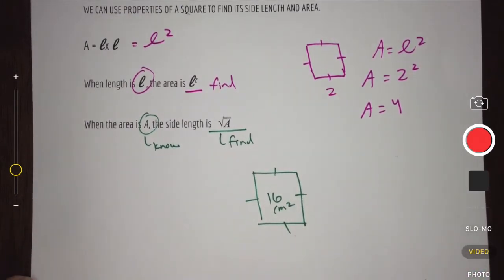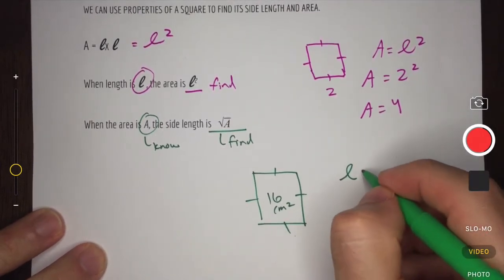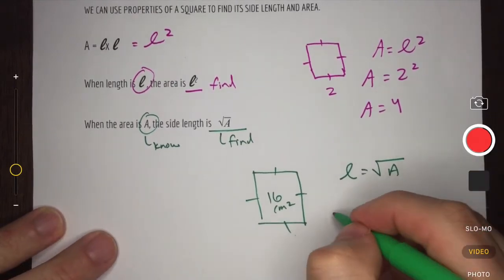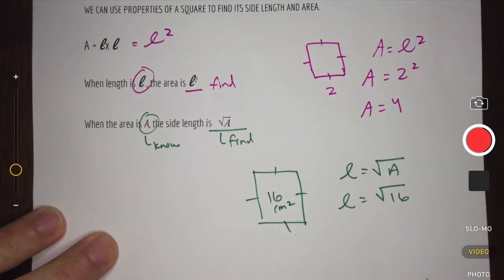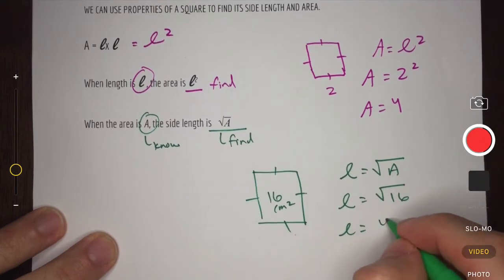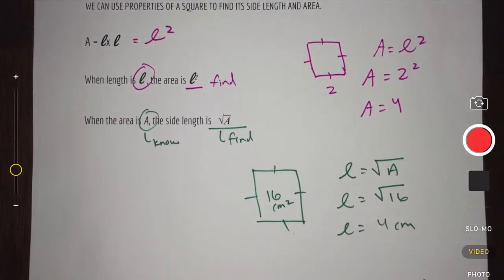what that's going to allow me to look for is the length. So I can figure that the length is equal to the square root of the area. So each side length is equal to the square root of 16. Then I can think, what is the square root of 16? Well, that's going to give me a side length of 4 centimeters. So those are a couple quick little tricks to help keep track of what you have and what you might